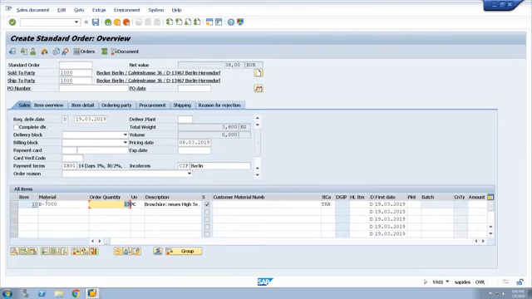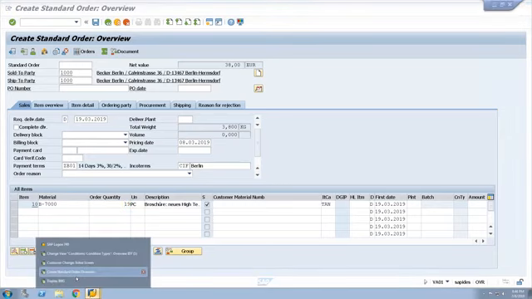So like this, you can maintain all the items and the quantities in the item proposal, then just click Propose Items and say okay. Whether with quantity or without quantity, the system will copy all the items into the sales document. So this is one quick tool which will help users create orders quickly, right? So let's get back to the customer.